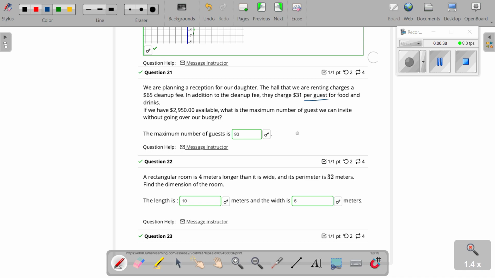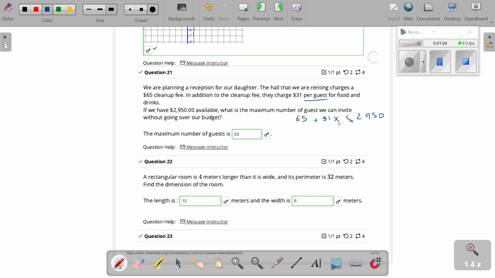So the total charge that we're going to have here will be $65 plus $31 per guest. So let's call the number of guests X. And this total charge should be less than or equal to $2,950. Now, all we need to do is solve this for X and see what is the maximum number of